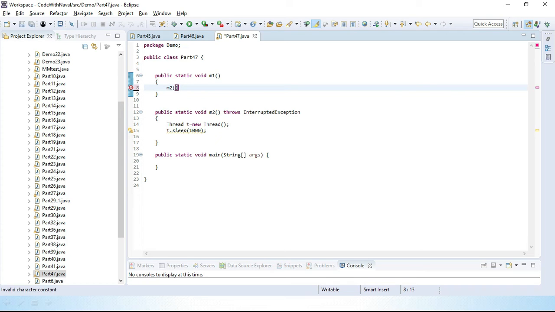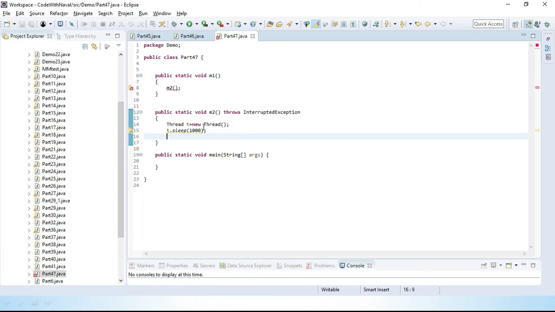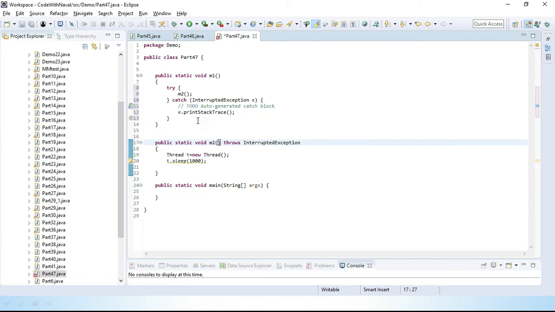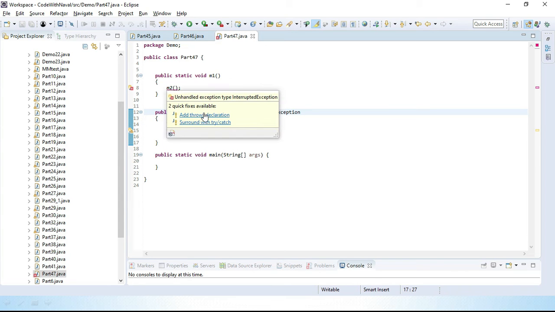There are two options. We can handle our error here only, or we can delegate that error. If I don't want to handle that error here either, I'll delegate it from here also.